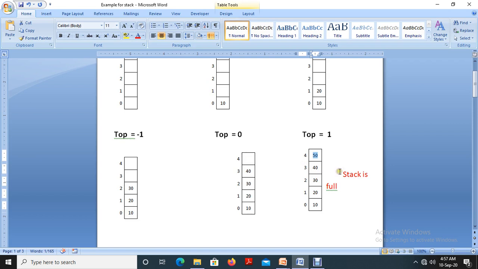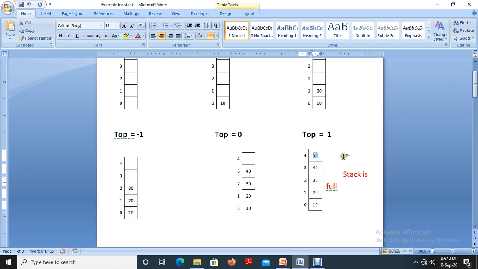Again I am trying to add a new element 60, but we don't have any empty space here, because we have a maximum of 5 possible empty spaces, and all 5 are already filled with elements. But if, without verifying whether the stack has any empty space, I try to add a new element 60, what will happen?